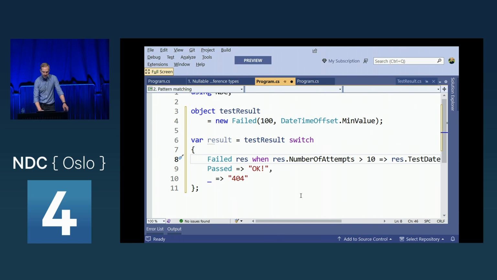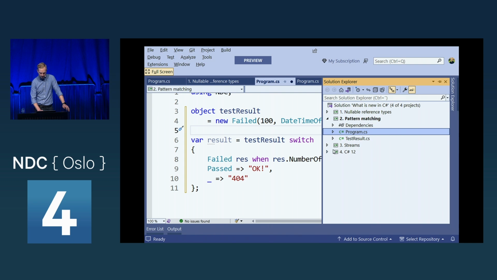You can do that as well. So if you introduce the when keyword, you've introduced a when expression where you can actually call methods. While this will be very performant, with compile time checks and so forth, this here will allow you to call method calls, which is one of the things I hear people ask quite a lot. Now in C#